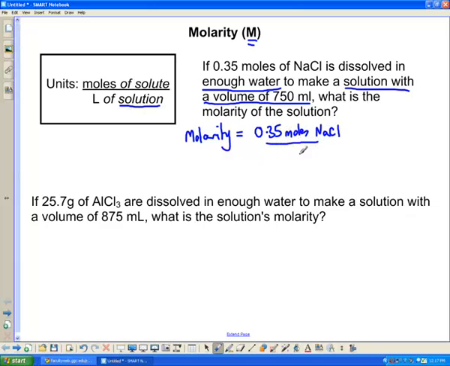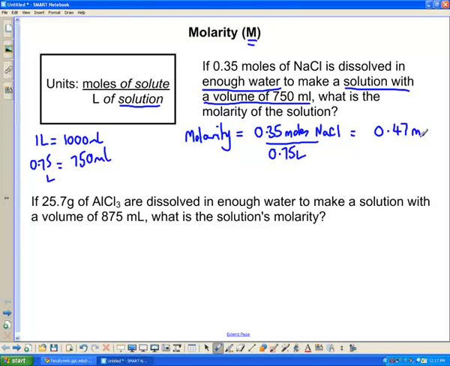So you can't put 750 mL on the bottom here, it's got to be in liters. And I'm sure you guys will remember how many milliliters are in a liter. It's 1,000. So therefore in 750 mL we have 0.75 liters. So therefore 0.75 liters goes on the bottom, giving us a molarity of